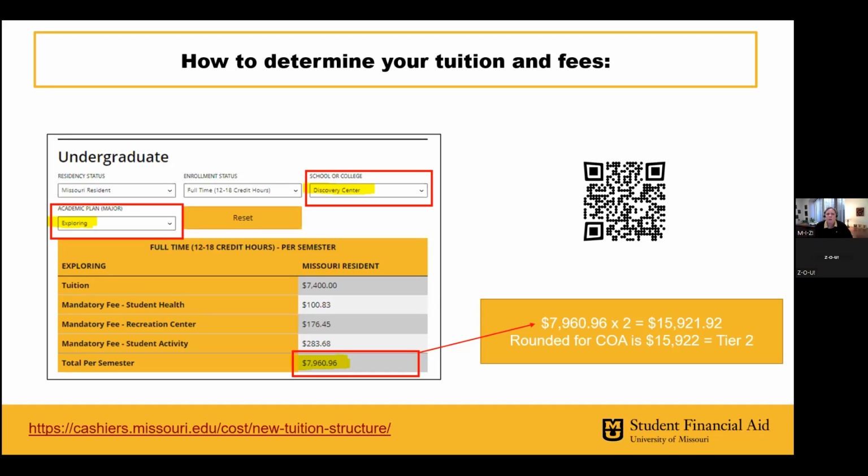So then from there, by completing those drop downs in the bottom red box, that creates what your total tuition and fees are per semester. Okay, so then I took that per semester amount, I multiply that by 2, and that's what I can expect that I'm going to pay for the year. And then for our COA purposes, or our financial aid notification purposes, you're going to see that rounded off to the